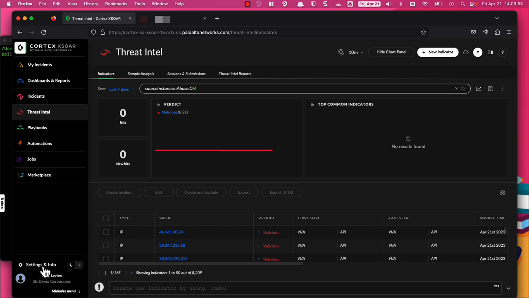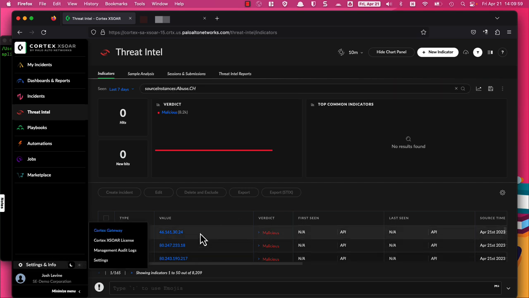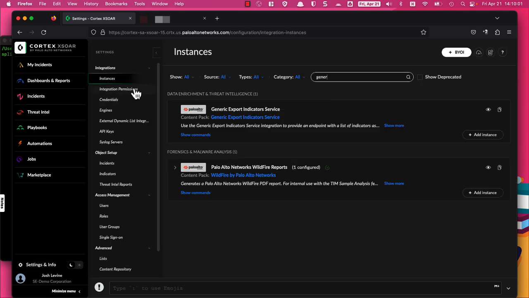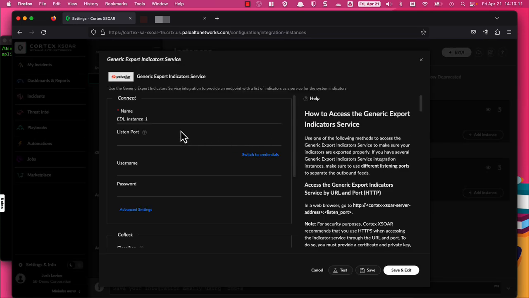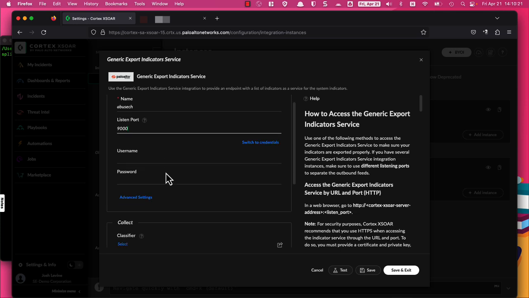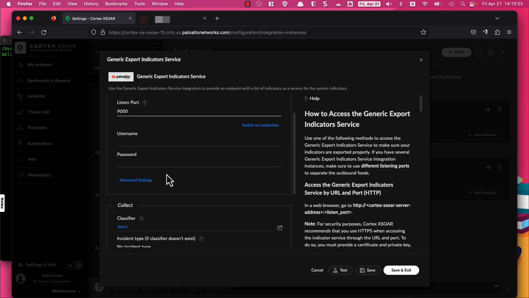So now that I know what I want to share, I'm going to go over to my settings page, and I'm going to configure an instance of the generic export indicator service. Now this service can be used to serve data up in a variety of formats, but in this case I'm only focused on one, and I'm going to name this abuse.ch. You can assign a random port. In this case, it doesn't really matter because we're going to be accessing this through